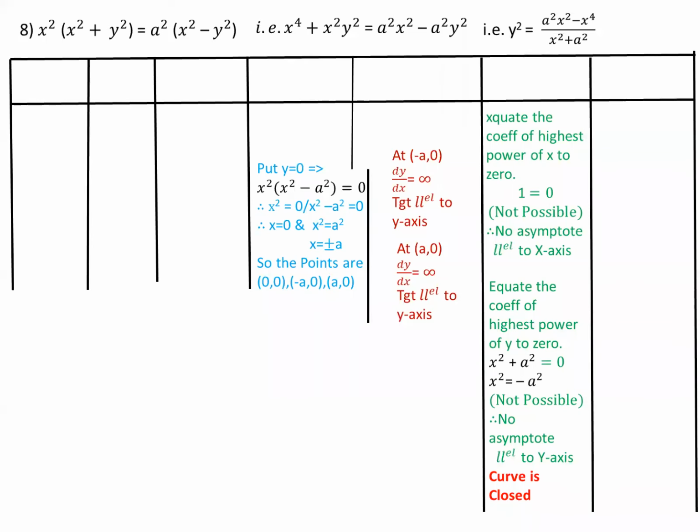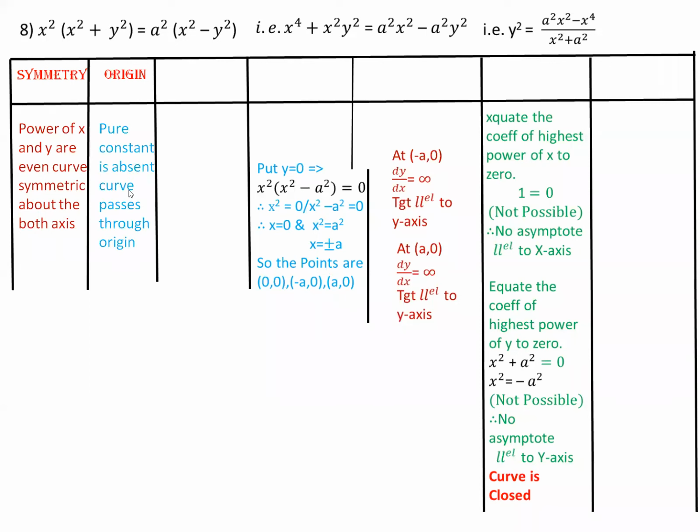So finding out the symmetry of this curve. What is the symmetry of this curve? All powers of x and y are even. Therefore, the curve is symmetric about both the x and y axes. All powers of x and y are even, therefore the curve is symmetric about both axes, and the origin.